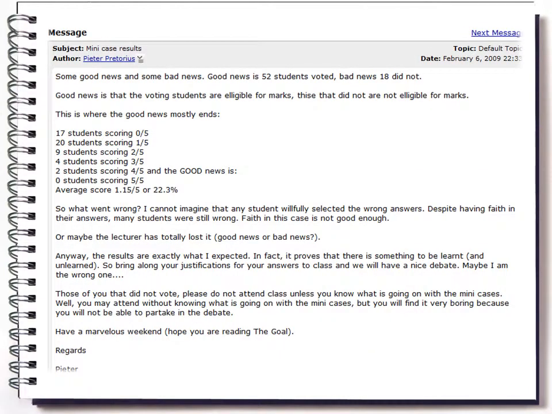A discussion is then started on ClickUp, raising the question why the performance for the mini cases is so low. And normally the students take part in this discussion quite extensively, because they are really amazed at their low results, having believed that whatever solutions they gave to the mini cases were actually correct, and the stats actually show that they were quite wrong. And then students start justifying certain answers that they've given, and then the discussion lasts for quite a long time, and normally until we start the first contact session.